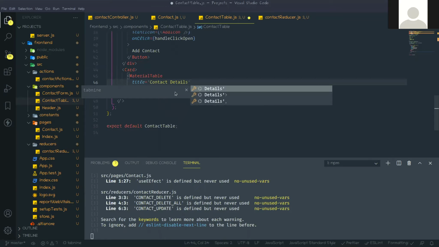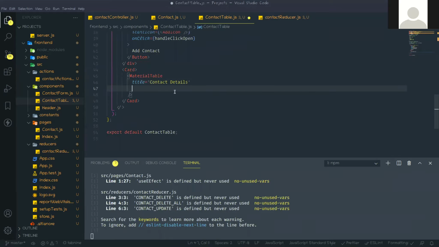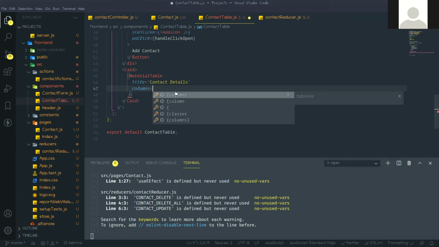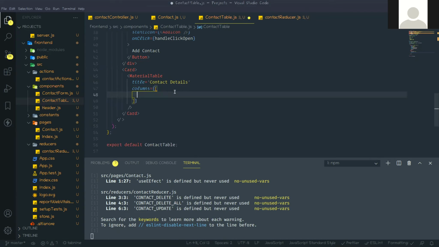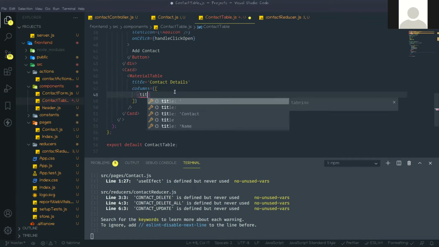Okay, and the second prop is columns, and here we are passing one array. In this array, the first column title should be image.